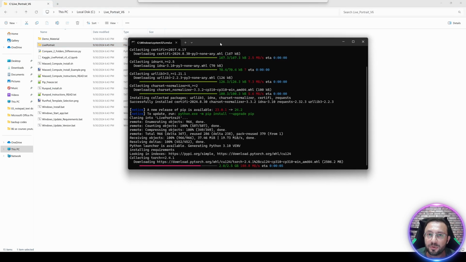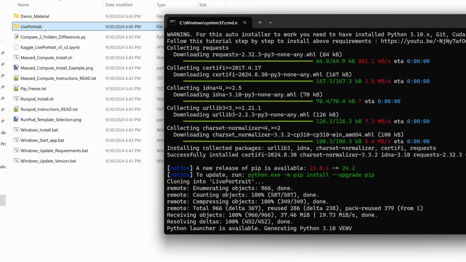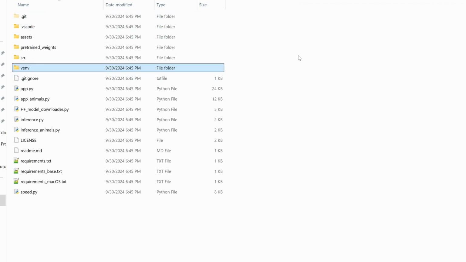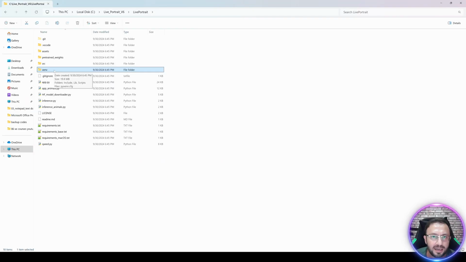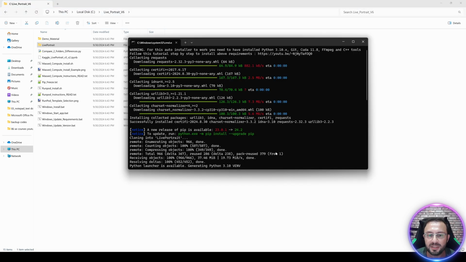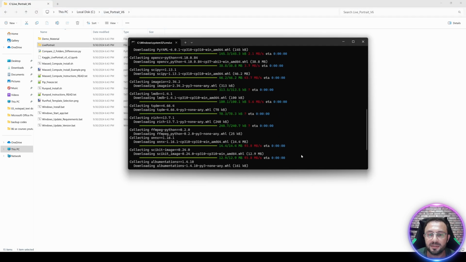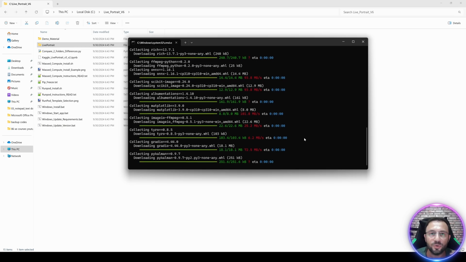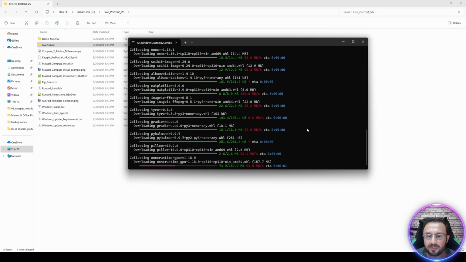Follow the CMD window carefully to see what is happening. So you see, it cloned the repository and generated a virtual environment. All of my scripts generate a virtual environment like here. So everything installed will be isolated in here. It will not impact or affect anything on your computer. They will be fully isolated here. So it is installing the necessary libraries right now fully automatically. It will also download the necessary modules fully automatically. So you don't need to do anything manually.